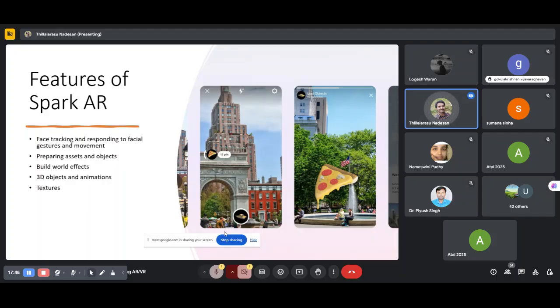Once you're done, we can make small things and add them on to the existing one. That is also possible. The patch editor lets you share your views on that particular thing. Additionally, blend shapes can be improved and modified using Spark AR Studio. That is also there. This is how interactivity and logic work. Everything is possible.